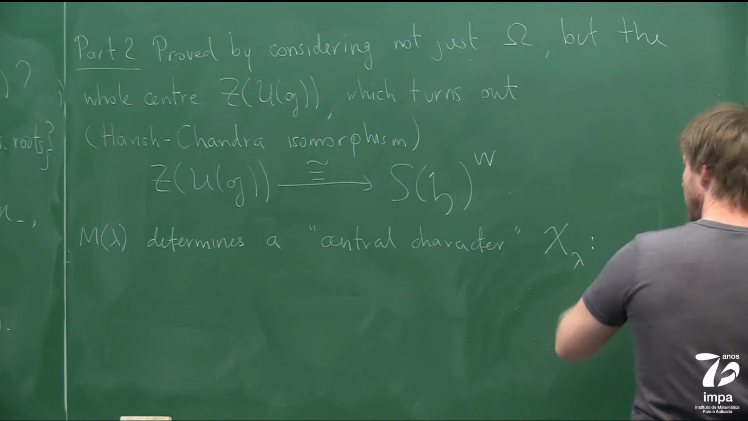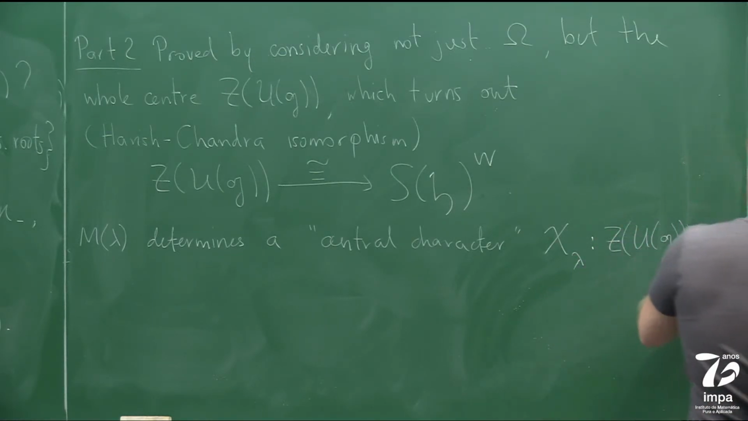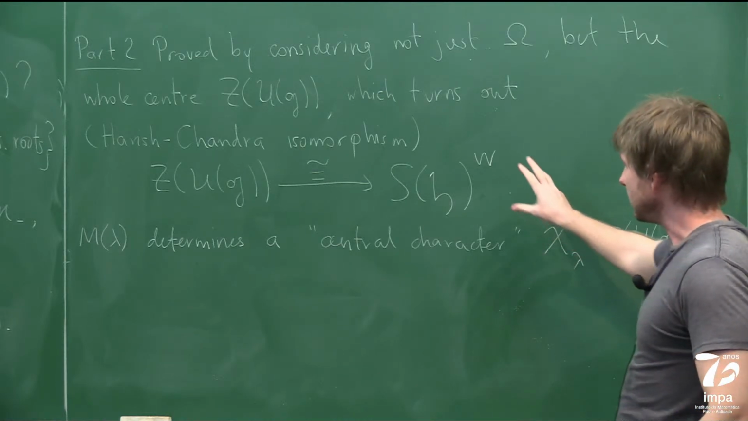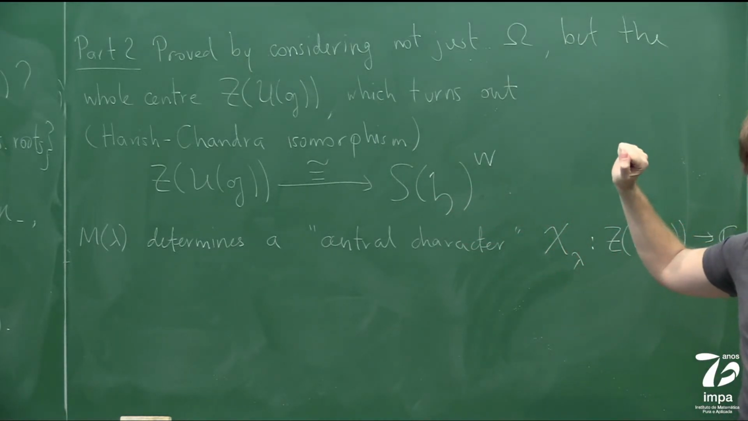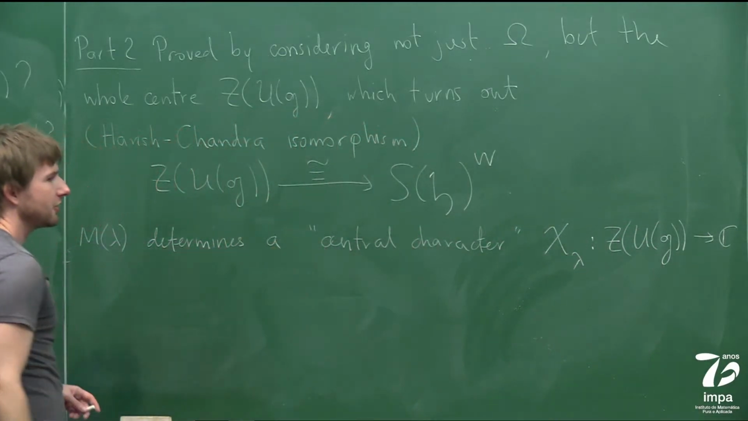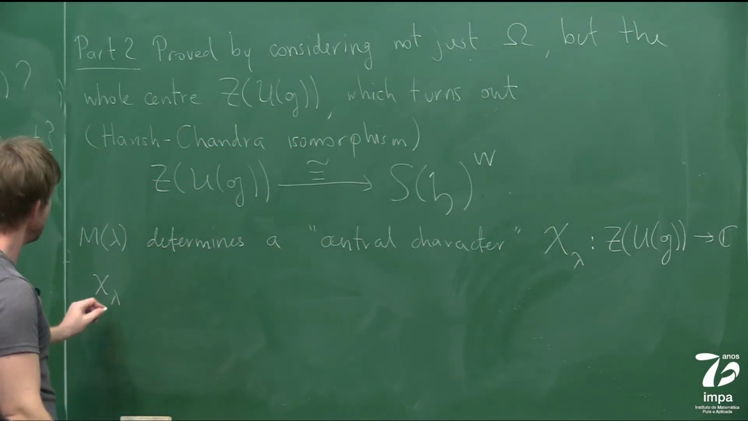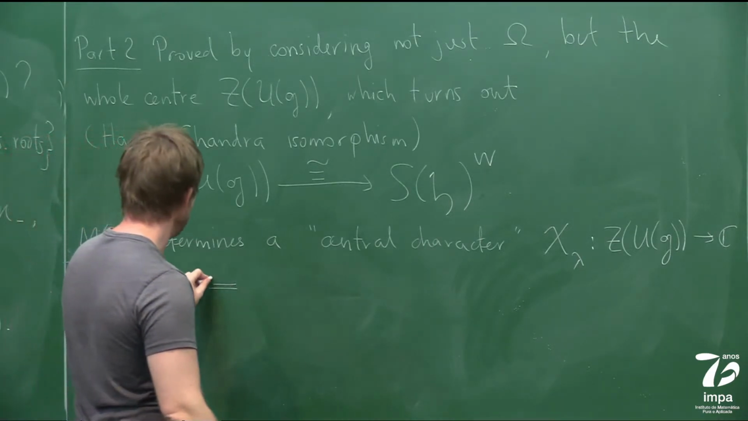Chi lambda, which is now a homomorphism from the center to C, is determined exactly as before: taking an element of the center and letting it act on the Verma module. It acts by some constant. And then the consequence of Harish-Chandra's isomorphism is that chi lambda and chi mu are equal if and only if